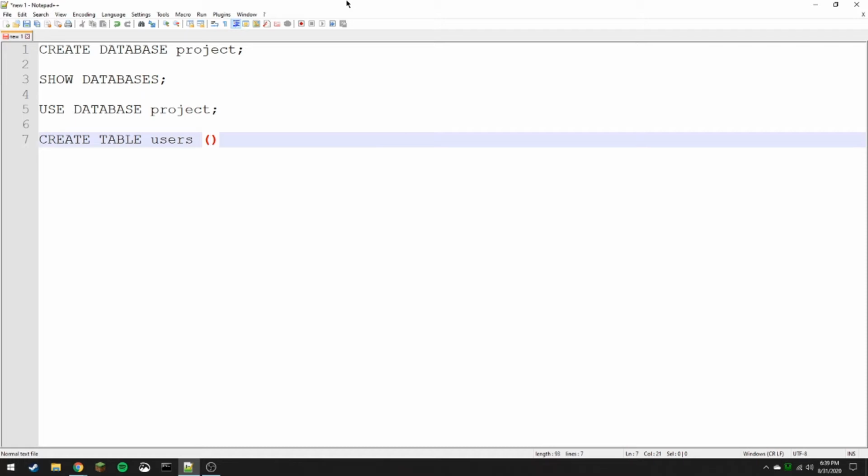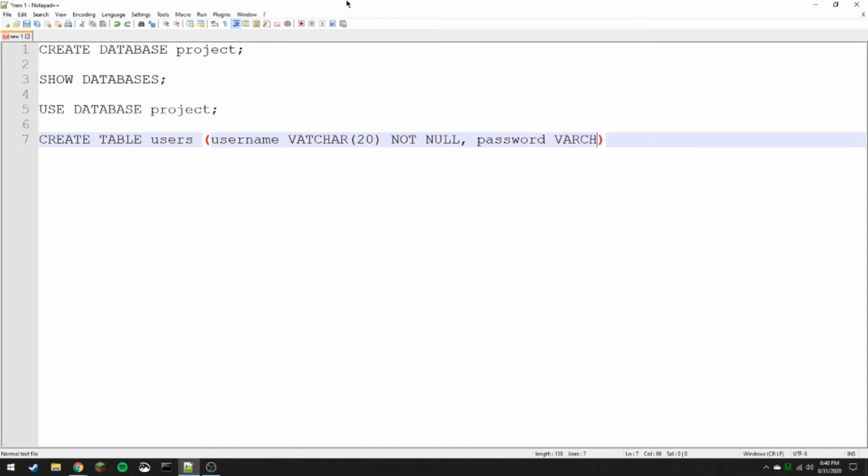Yeah, okay, so it's gonna be username, and then varchar 20, and then not null, comma, and password,